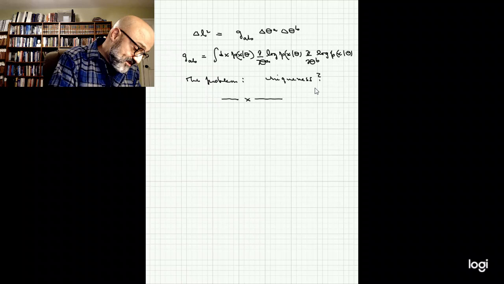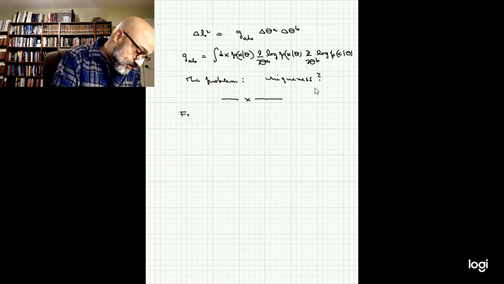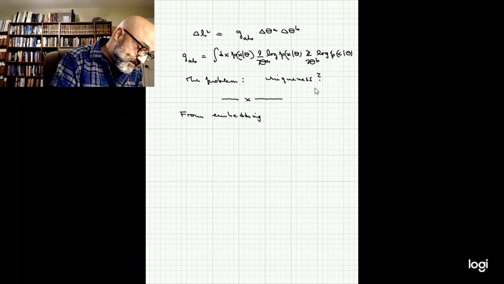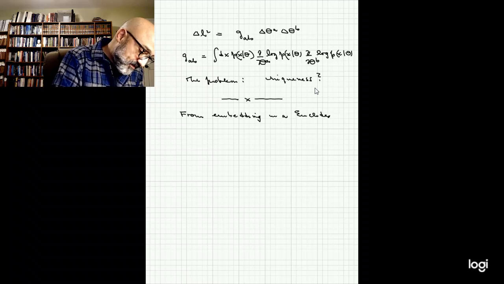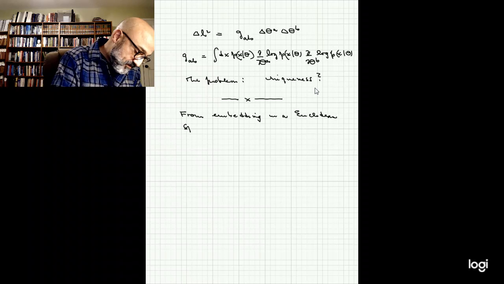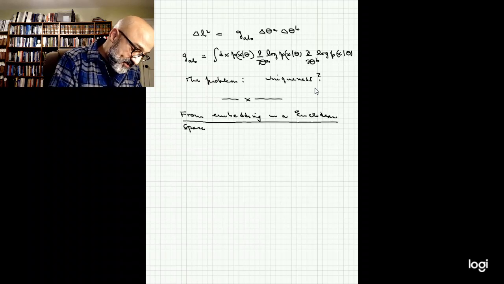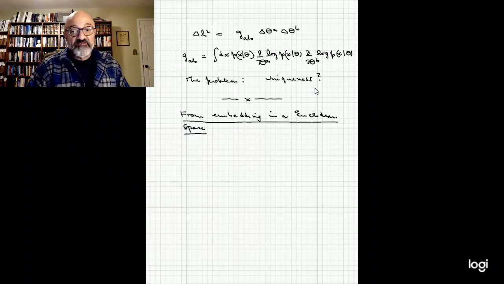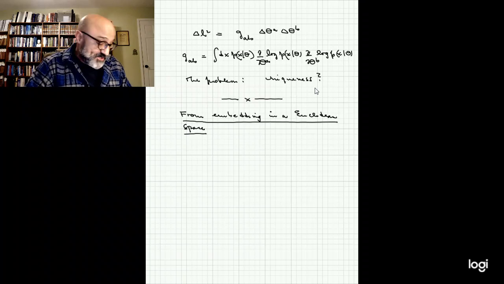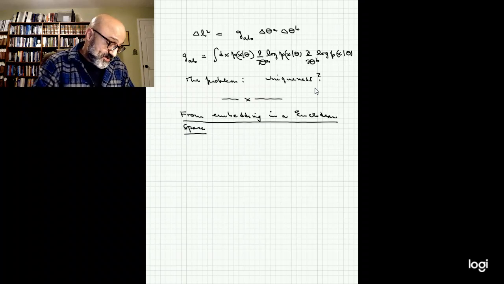But it's going to be to derive it from embedding in a Euclidean space. So this is a different approach to deriving the same formula. It also involves assumptions, but we will see how it works. It's actually very intuitive. Suppose that you have